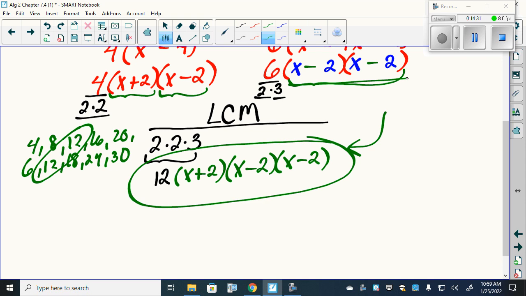So what do I need to do to make this one be the same as this? It already has one, yes? But how many does this one have? So what does this need? This has 2, this has 1, yes? If I need them to be the same, this one needs how many more? So we would have